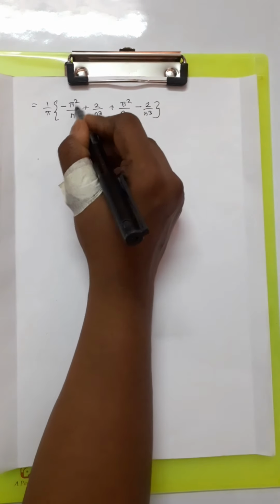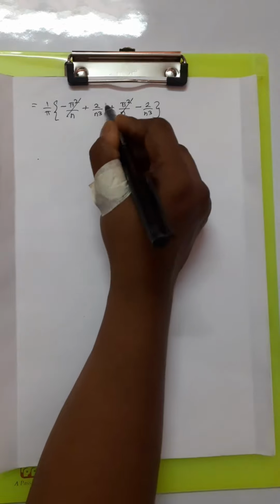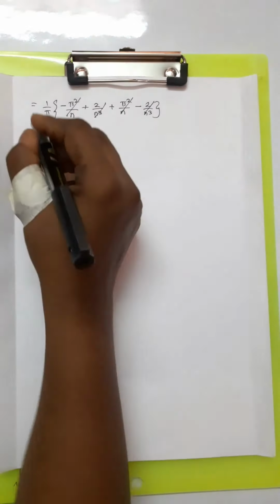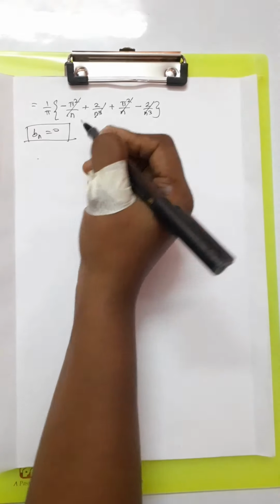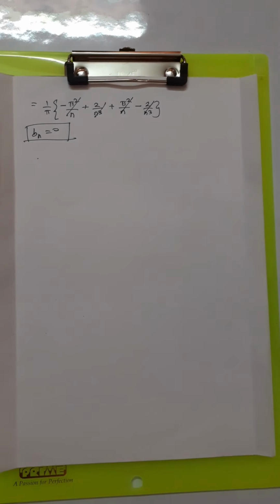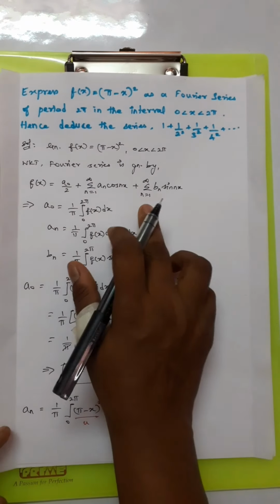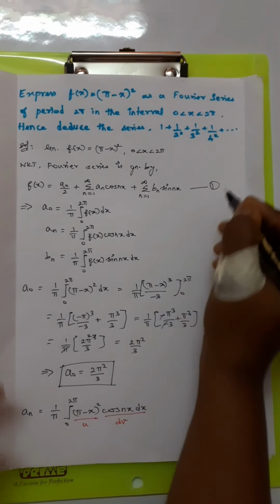So minus pi square by n plus pi square by n. 2 by n cube minus 2 by n cube. So overall bn is equal to 0. There is no bn for this function for the given limits. Right. We have completed finding all the Fourier coefficients a0, an and bn. Now applying it in the Fourier series formula. In the Fourier series formula, let this be equation number 1. Now equation number 1 implies